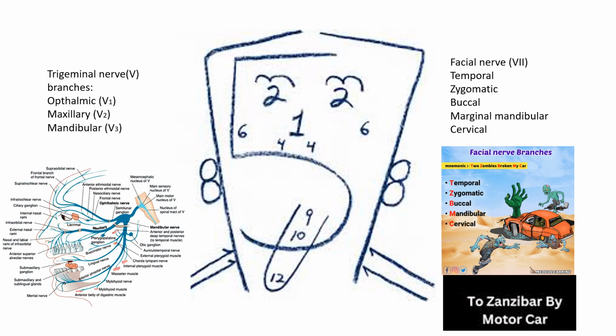Then for the tongue, we see numbers 9, 10, 12, but then there's also 7 and 5. And these are going to be the various nerves that are going to act on the tongue to make movement of the tongue possible, to help with taste and other special senses as well. 8 is the vestibulocochlear, or the acoustic, and so we know that this cranial nerve is going to act onto structures of the ear to make balance and hearing possible.